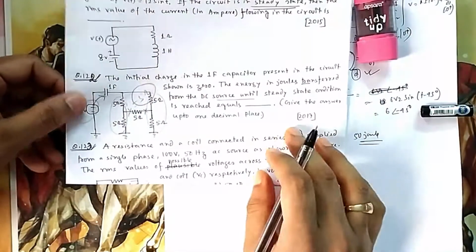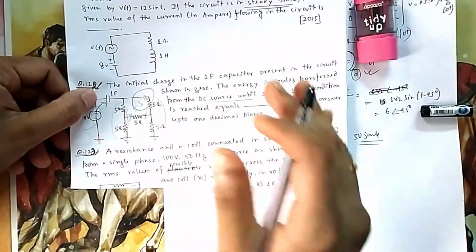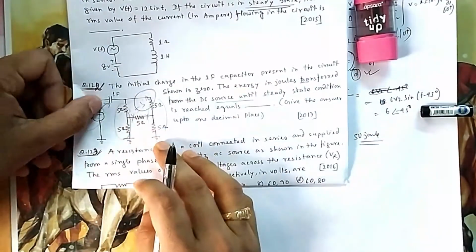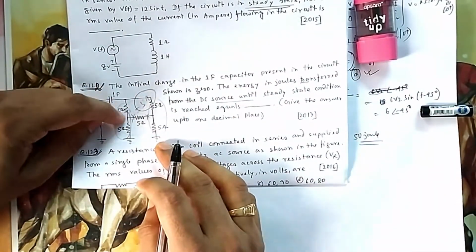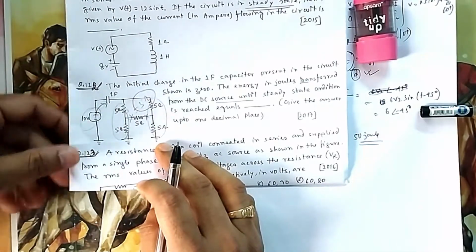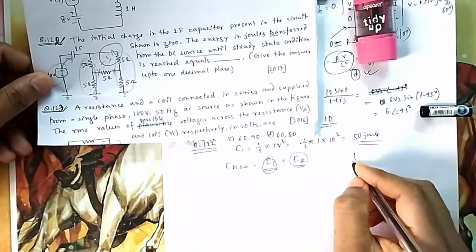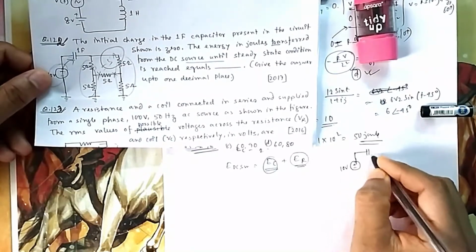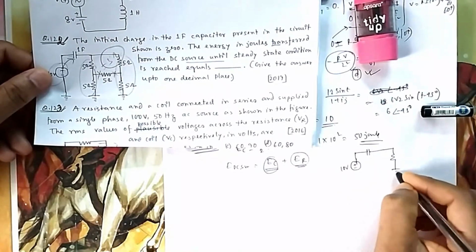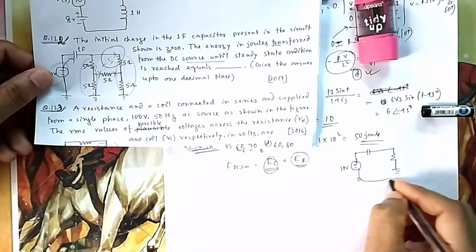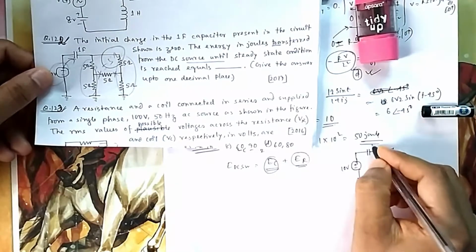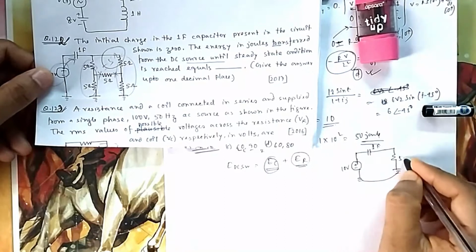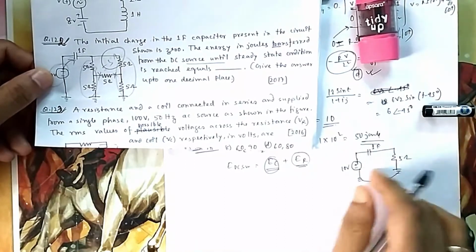So for this one, because this current will gradually decrease, because it is a capacitor, you need to find the expression of current. That means you need to draw the circuit. So it will be 10 volt, and then this 1 microfarad, and then this resistance. You can connect it so that you don't get confused. This thing is given, it is nothing but a return path. Now you can draw this circuit.